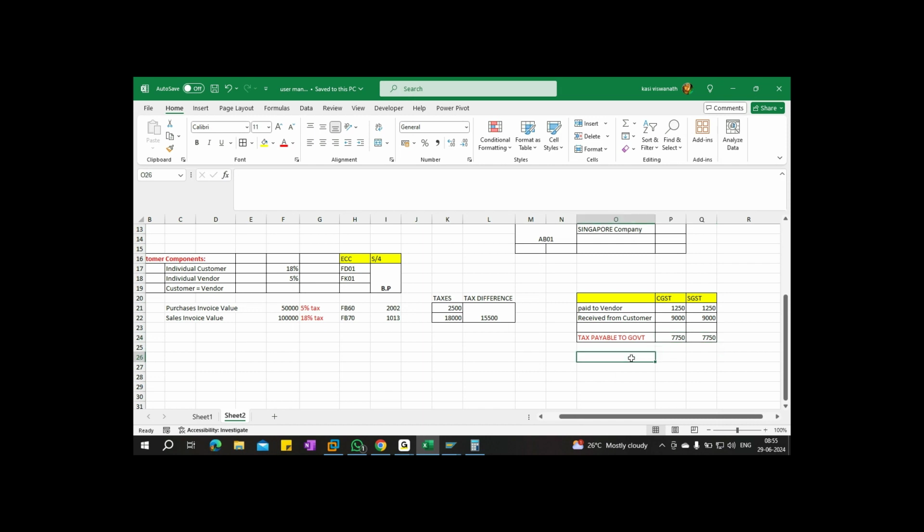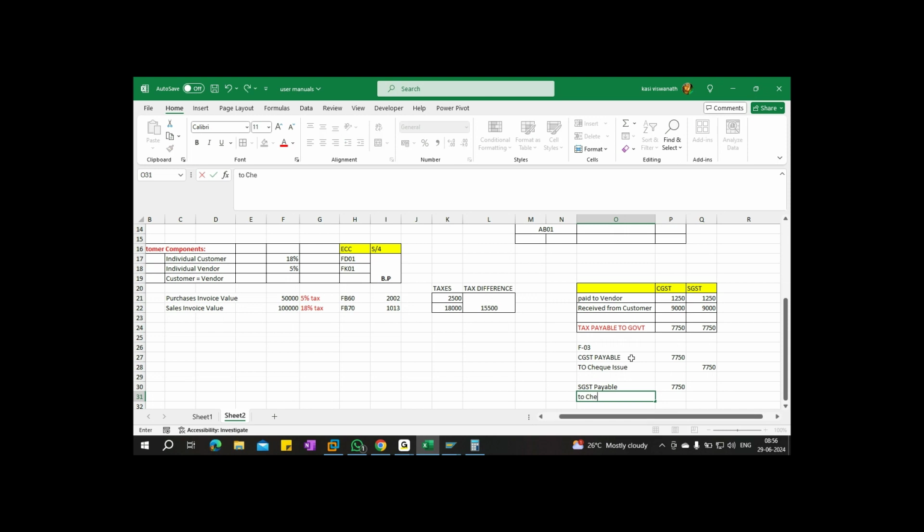For this I choose F-03. Here I pass the entry in F-03. CGST payable 7750 to check issue, and SGST payable 7750 to check issue.